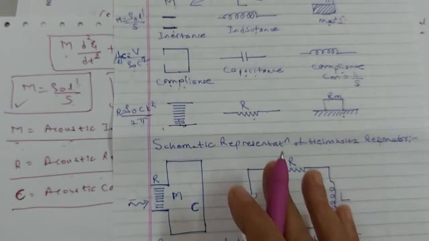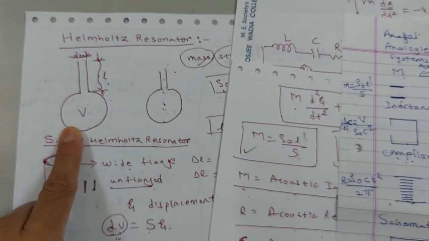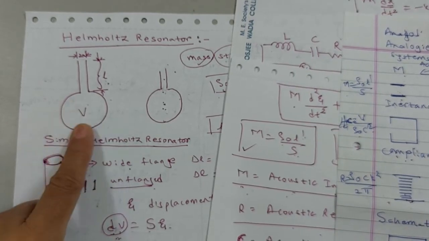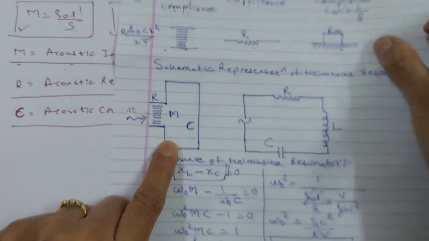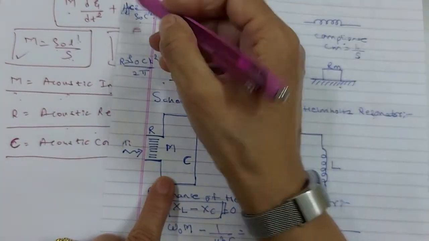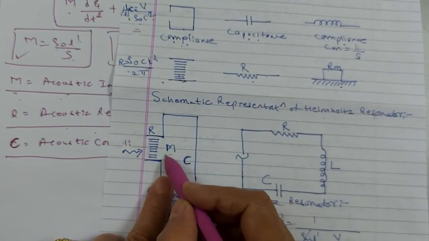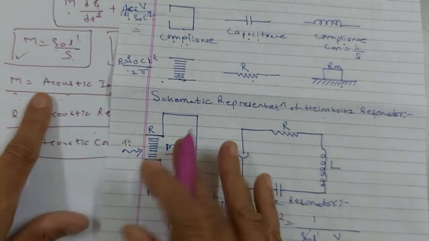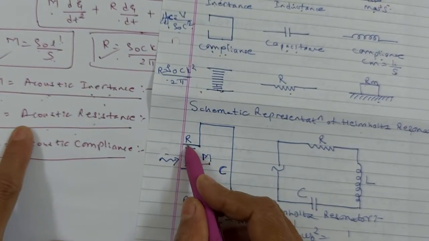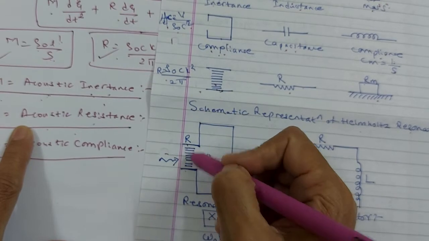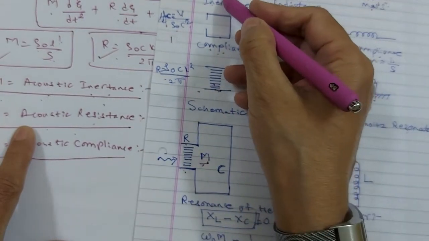Now we have seen how the Helmholtz resonator was shown or taught to you. Now this we are trying to change in a pattern which is like this. Just now we defined these three definitions, M, C, R. So this is my M, capital M, okay, which is the acoustic inertance. Okay, R is the acoustic resistance. See the symbol, acoustic resistance. Okay, M is over here. M is this part,